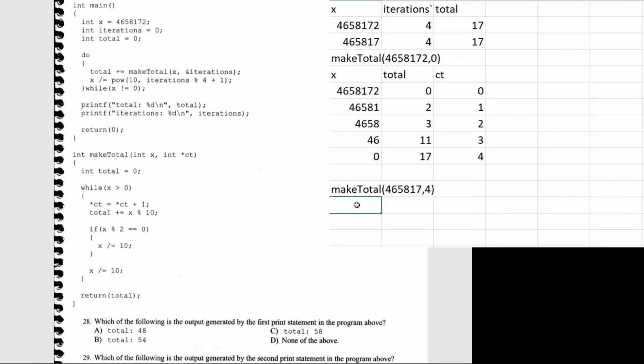That is going to result, and I've already calculated it out here, as a result of 22, and iterations is going to be 8. Result will be 22, so 22 plus 17 is 39, and then the x, so we take that, we say iterations divided by 4 is also 0, so we divide it by 10 one more time, and x is going to be